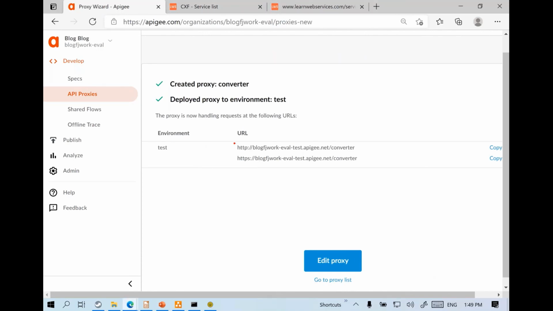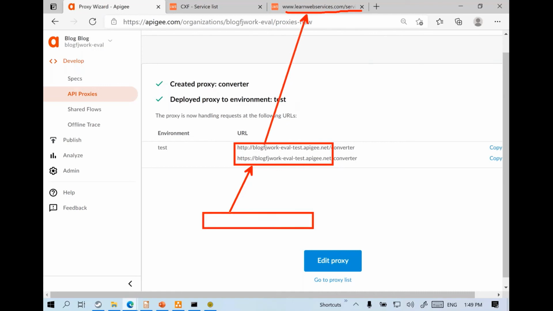Okay, so once your service is exposed, notice the URL is radically different. Previously we had learnwebservices.com/whatever. So yes, we do want to connect to this underlying service, but we are going to go through this particular layer, the API gateway layer. So all front-end developers or client developers will end up using the new API gateway specific URL.